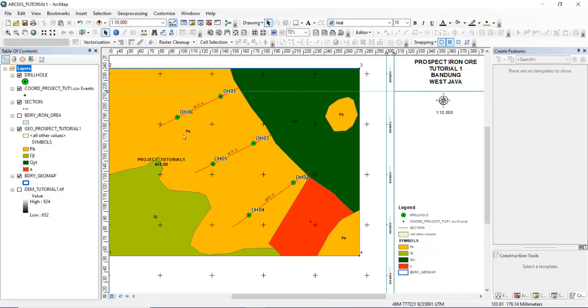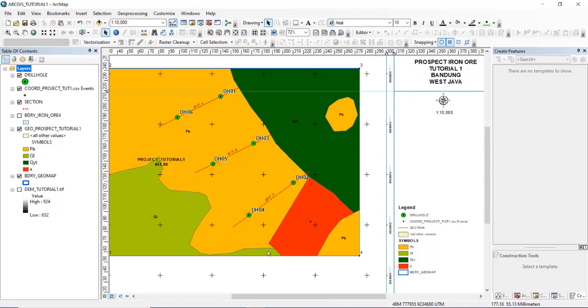PB is the initial for this formation code. Okay, this area, the yellow color, we try to model the ore delineation.